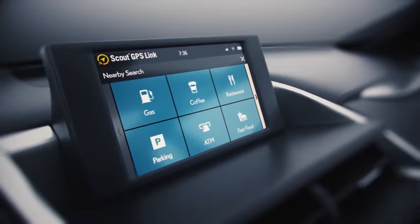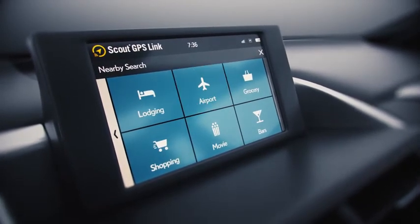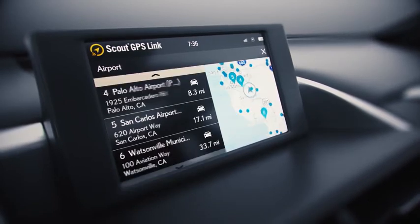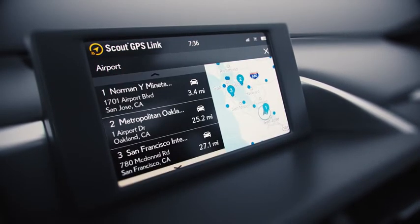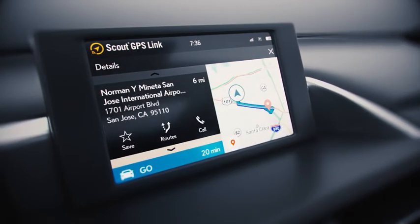Discover new places to eat, shop, and more through popular search categories. Simply choose a category for a list of nearby suggestions and their locations. Then select the location that's right for you and use the details page to get all the information you need